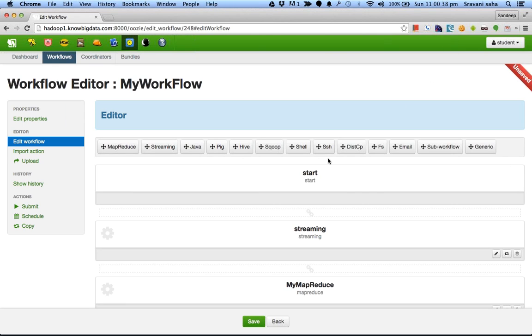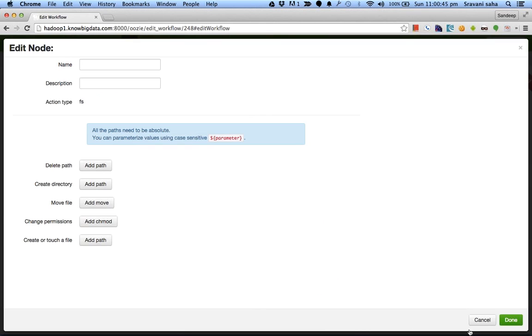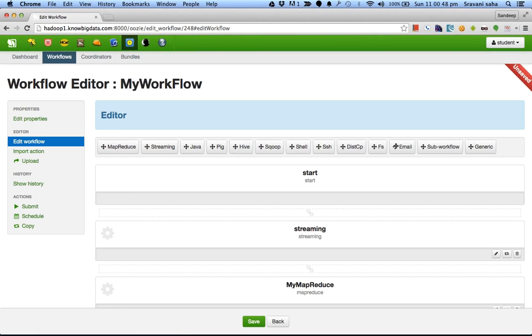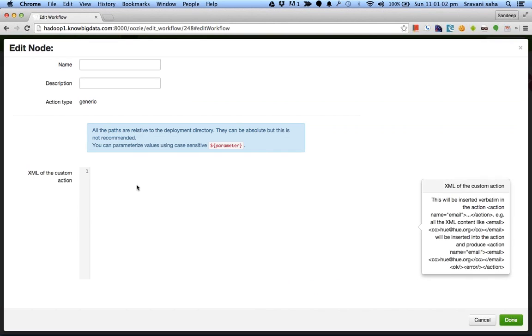All right. Similarly, if you want to copy the data, then you can use either distcp or fs. Fs also helps you copy the data, and so does distcp. And if you want to send an email, you can use email workflow or sub workflow, or generic workflow.